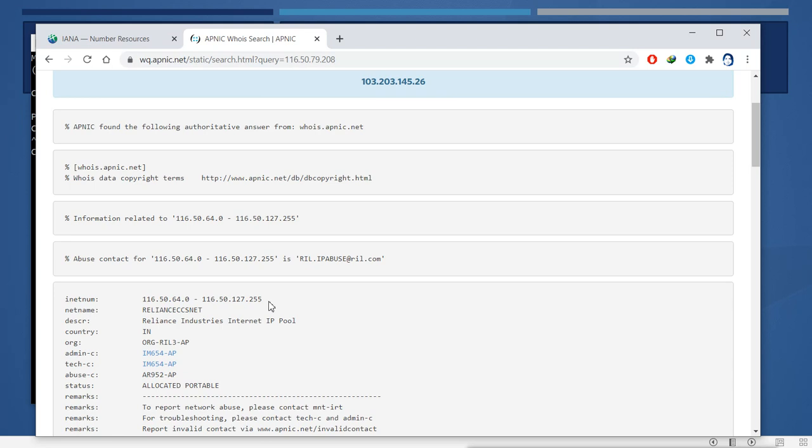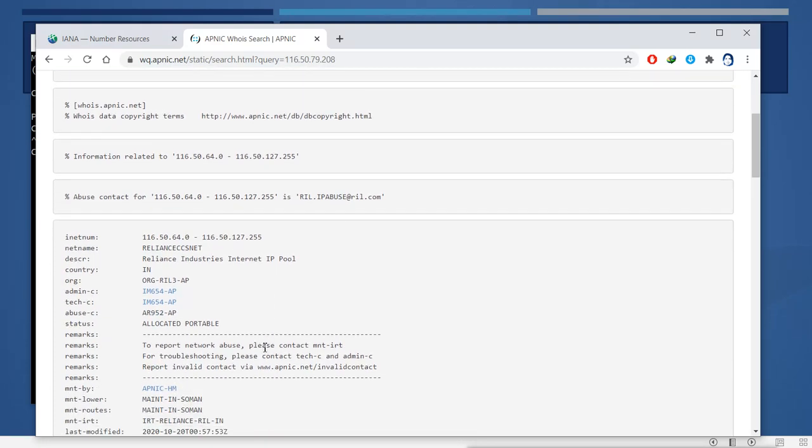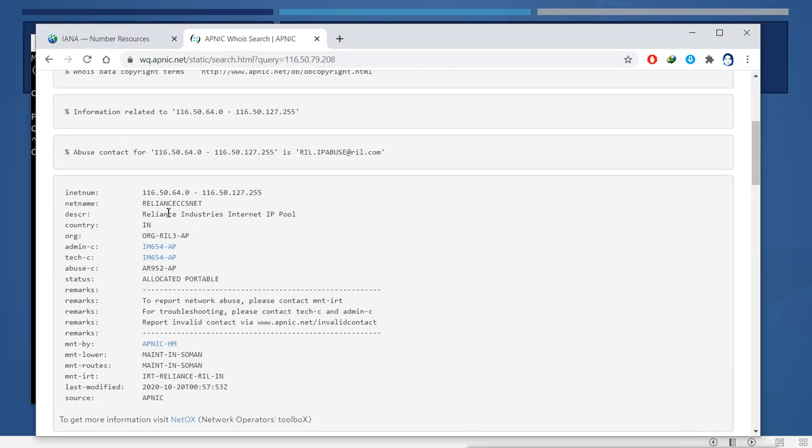So we get the idea of how many IPs they have and what the subnet for these organizations will be. We can even check who it is for: it is the Reliance Industries Internet IP pool, for the Reliance company.